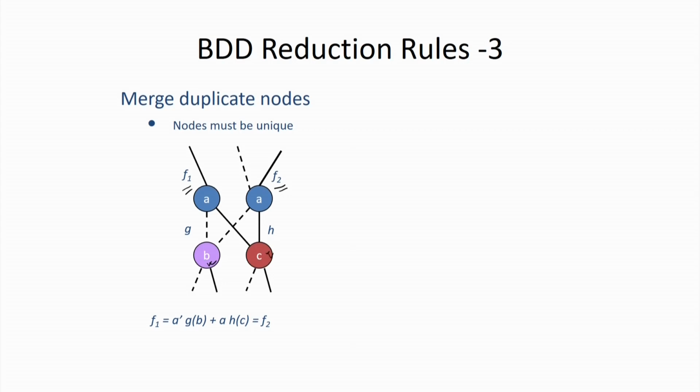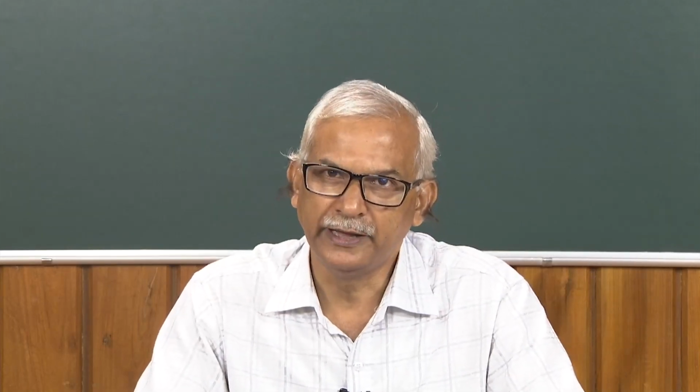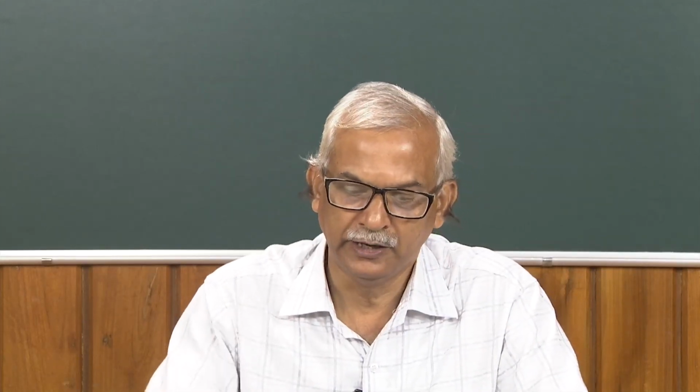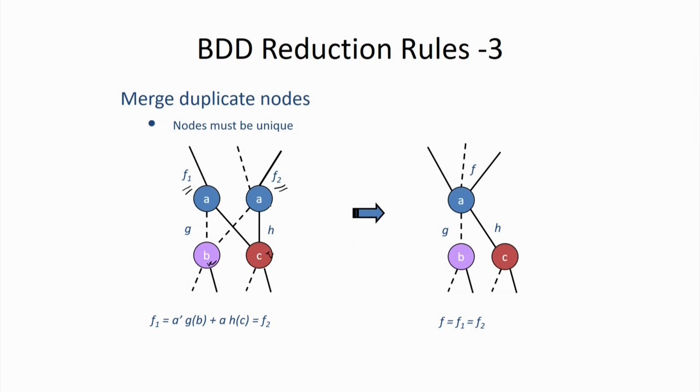Similarly, if a is equal to 0, we have to evaluate the function g, and if a is equal to 1, we have to evaluate the function h. Now, just see, the nature of these two non-binary nodes is almost similar, or I can say it is the same, because for a equal to 0 we have the same function g, and for a equal to 1 we have the same function h. So, in that particular case, what will happen?